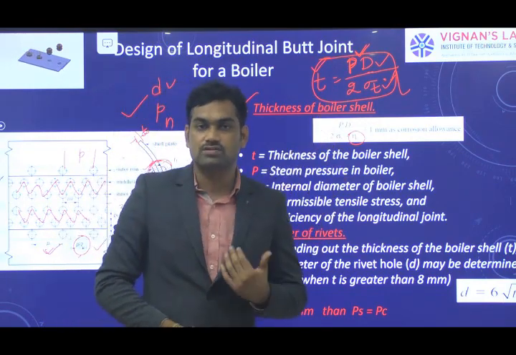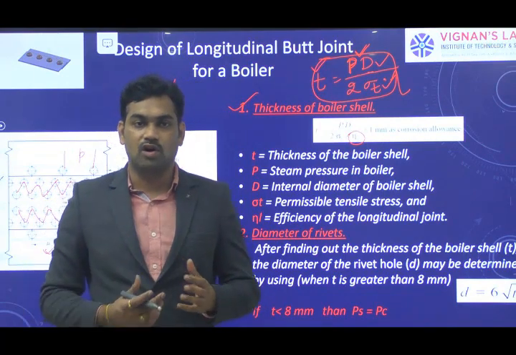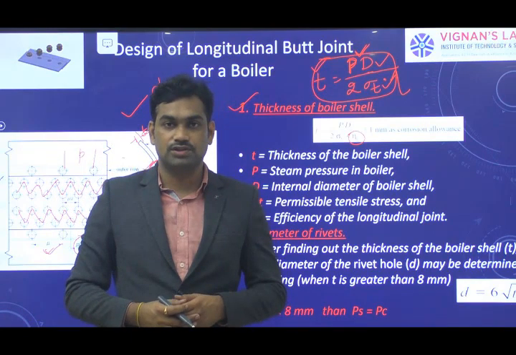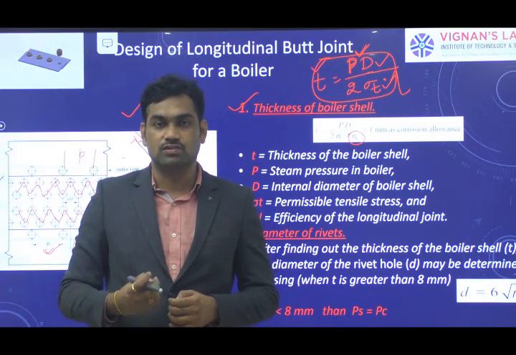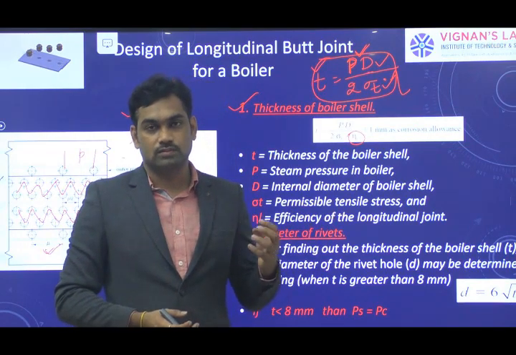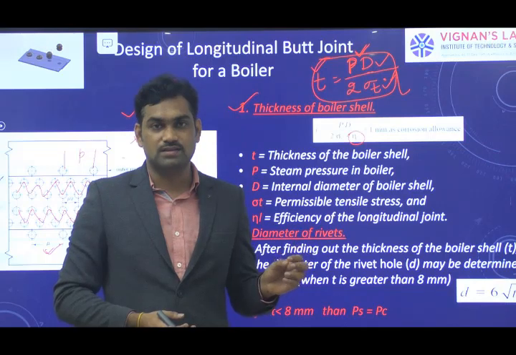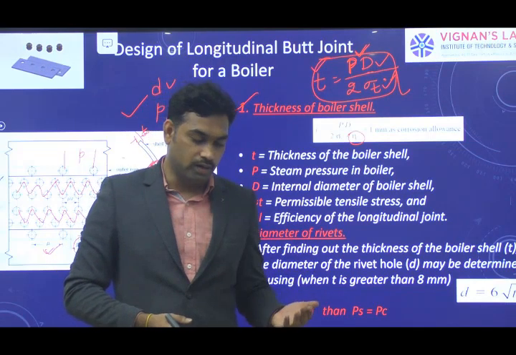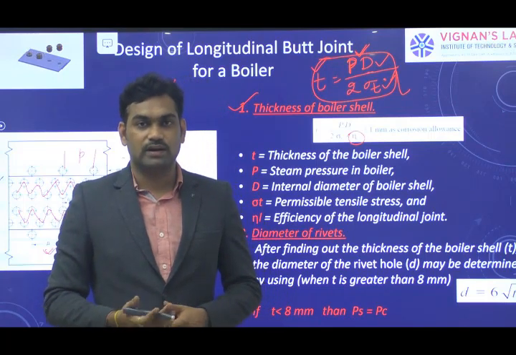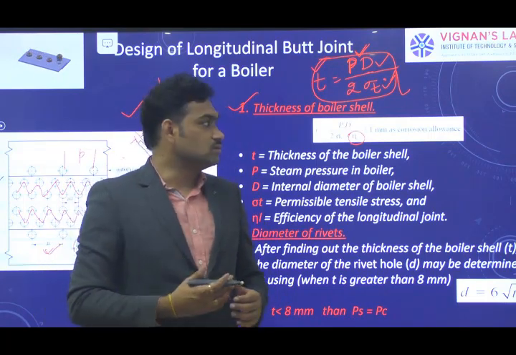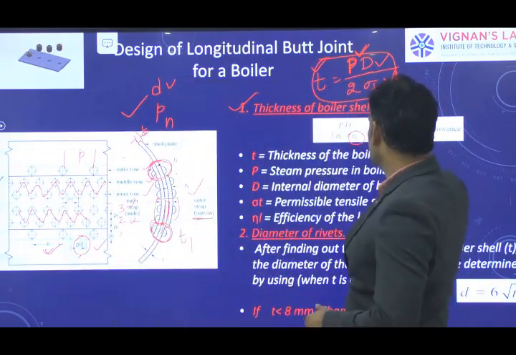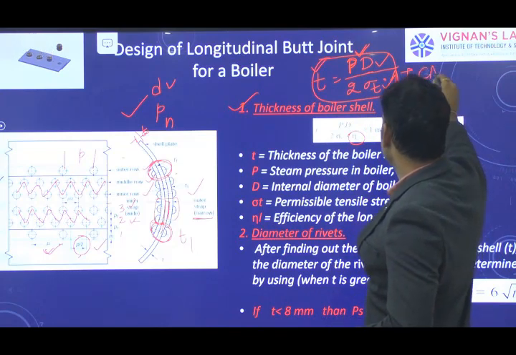Apart from that, we can also consider that the boilers are in operation, so there is a chance of corrosion or erosion, by which the material is going to erode or corrode. By means of the working conditions, the thickness of the metal is going to decrease because of corrosion, so the life of the boiler is going to decrease. In that case, we can provide an additional corrosion allowance of 1 to 2 mm, denoted by Ca.